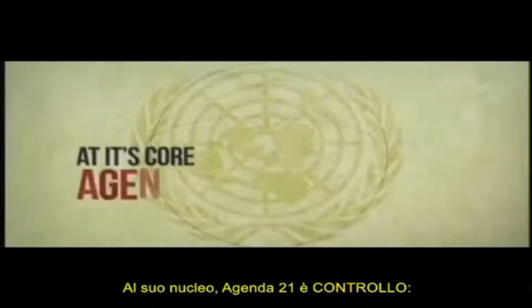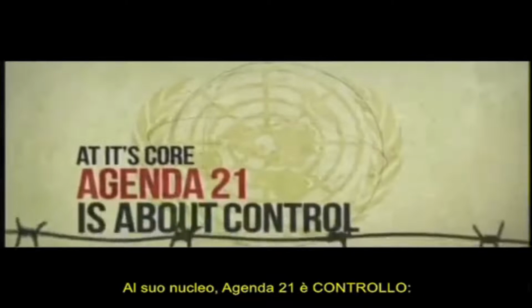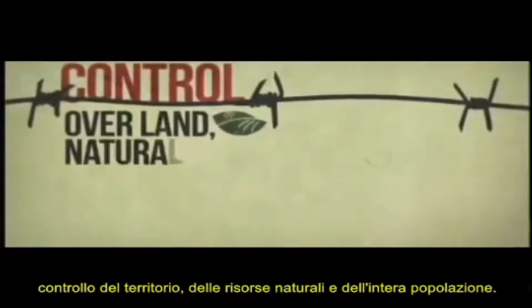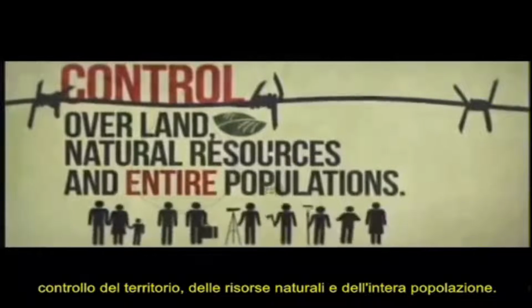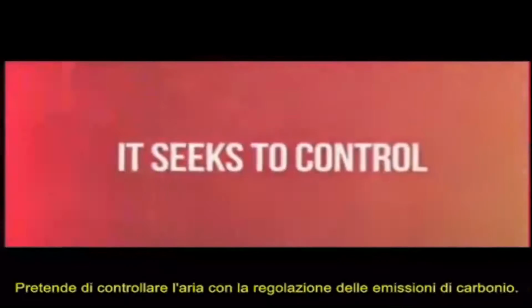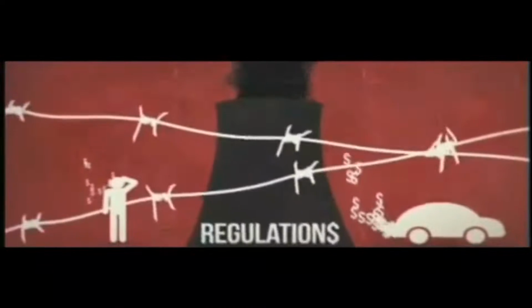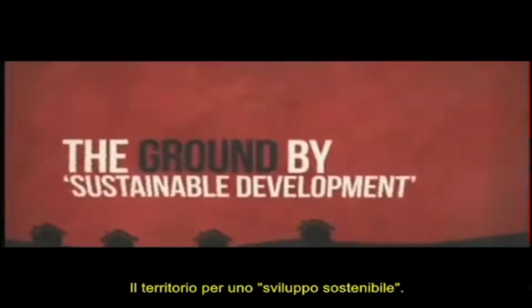At its core, Agenda 21 is about control. Control of the land, natural resources, and entire populations. It seeks to control the air by regulation of carbon emissions, the ground by sustainable development, and the sea through